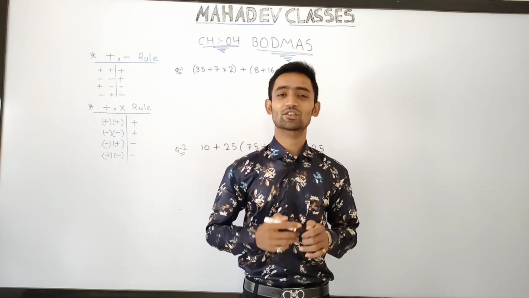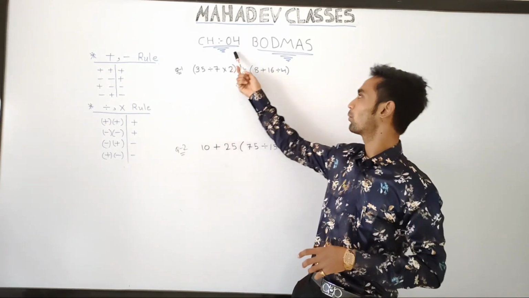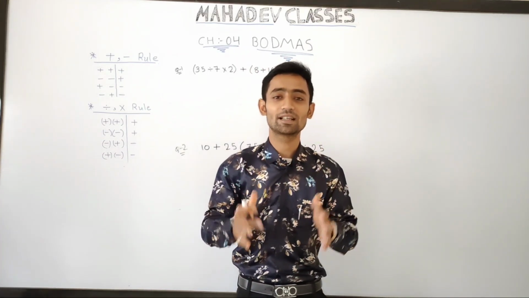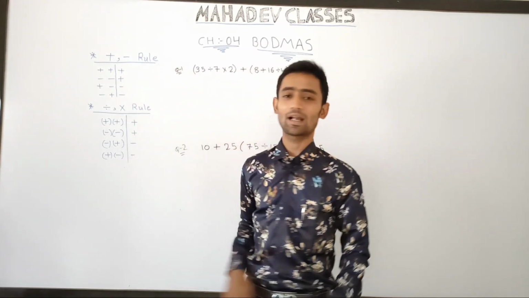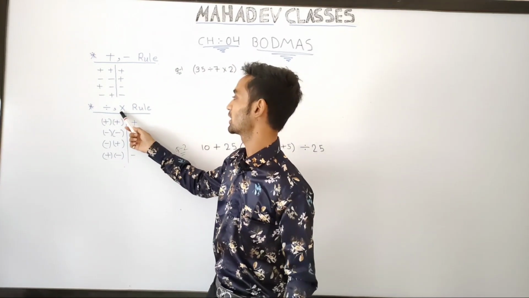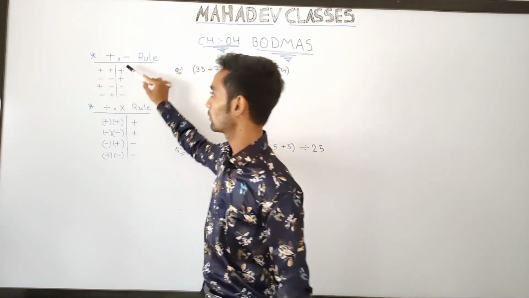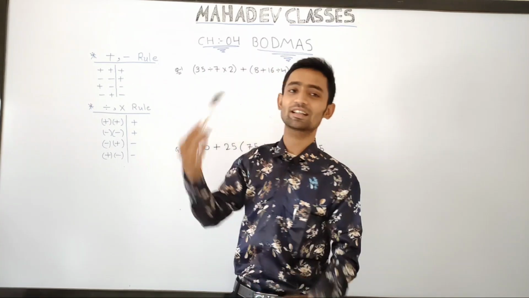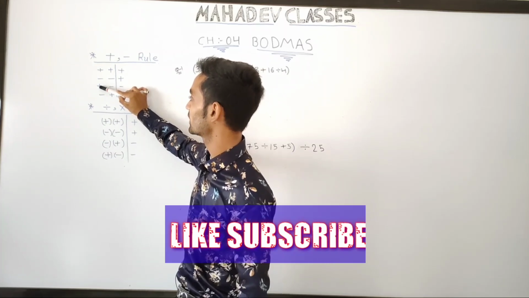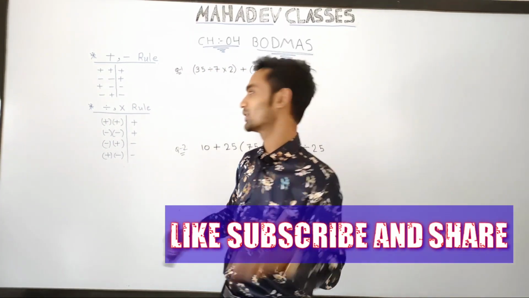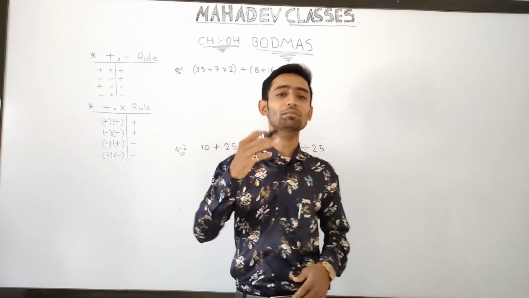In our previous lectures we learned some basic rules of maths to understand this BODMAS method very easily, and those rules are here. See, the addition subtraction rule, and the last one was the division multiplication rule. Whenever there is an equal symbol you have to do the process of addition, and in the resulting answer you have to put the symbol of the bigger number. Similarly, whenever you find a different symbol, then you have to do the process of subtraction, and in the resulting answer you have to put the symbol of the bigger number.